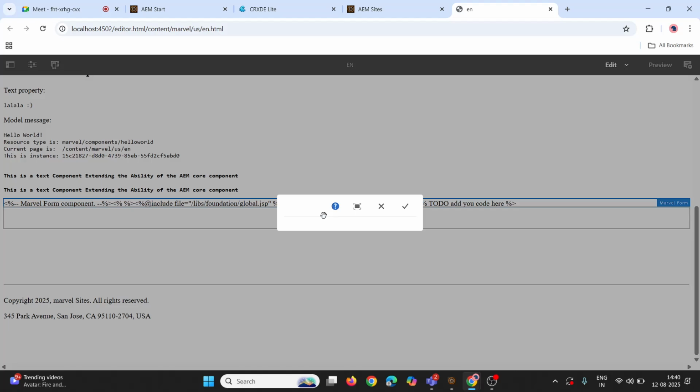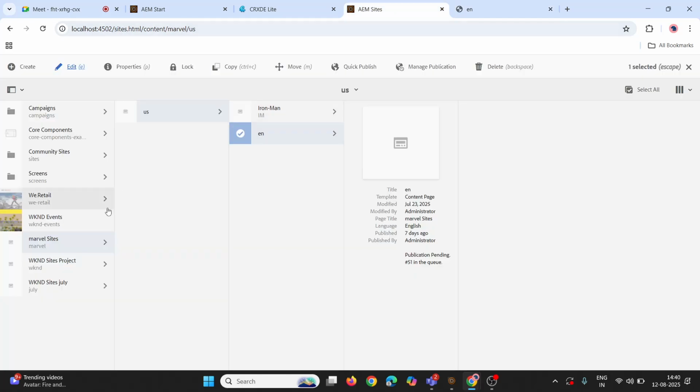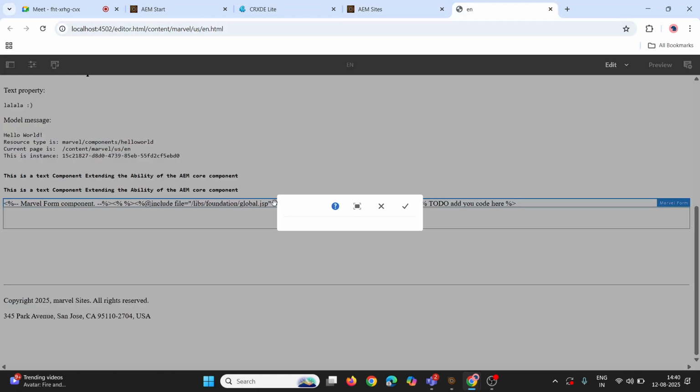Simply we can say that it is like a Bootstrap framework. So this Coral UI is implemented in AEM. Suppose any console in AEM has been implemented with the help of Coral UI only. If I go to the Sites console, the Sites console is also Coral UI. Our dialog is also Coral UI. So everything is built with Coral UI, and whatever data I can add inside this dialog,